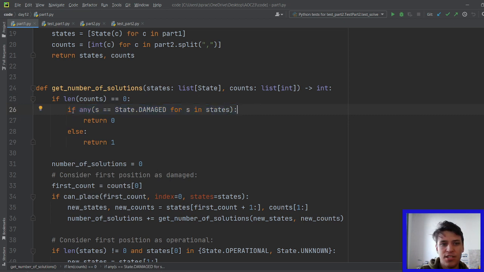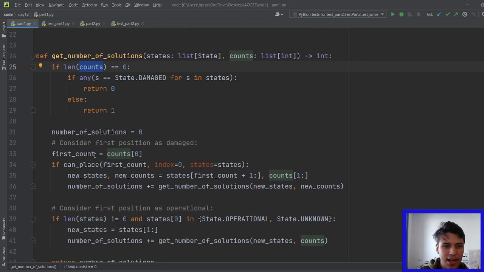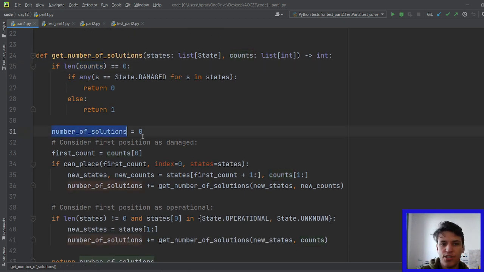First, if any of the remaining states is damaged, then we know there's no possibility, so we return 0. The number of solutions will be 0. Otherwise, if all the remaining states are not damaged, then they're all operational, and this will be one possibility. Okay, otherwise, if there is at least 1 count left, what we do is we consider